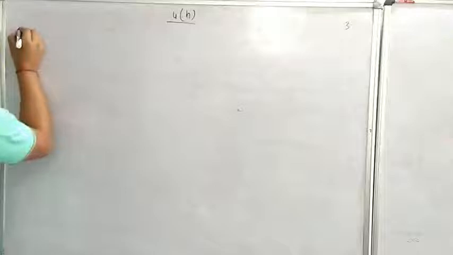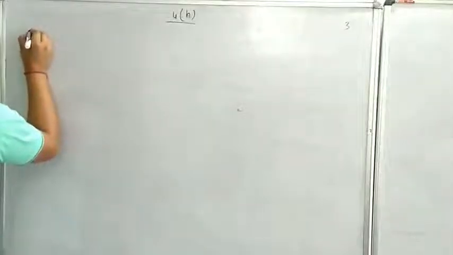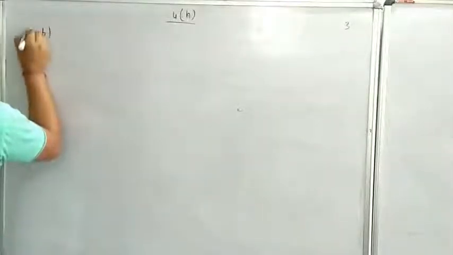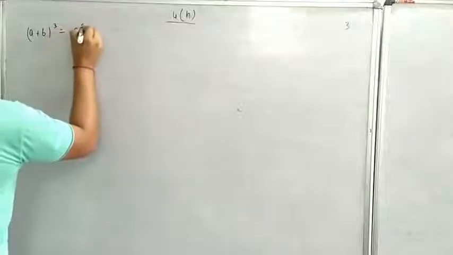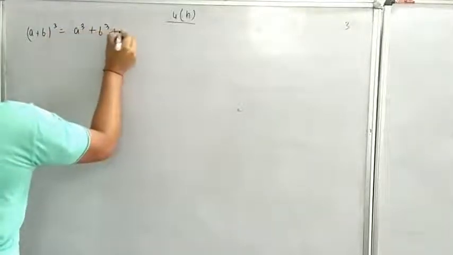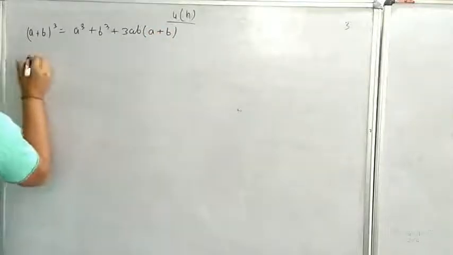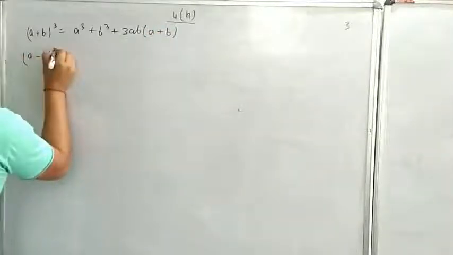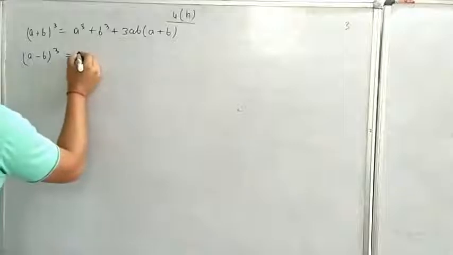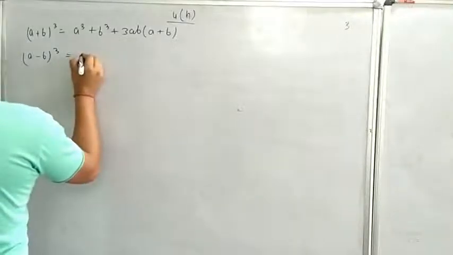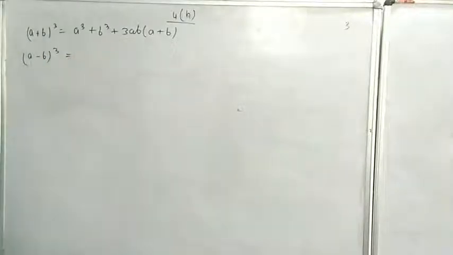You know the formula of (a plus b) whole cube. The formula of (a plus b) whole cube is equal to a cube plus b cube plus 3ab(a plus b). And the formula of (a minus b) whole cube is a minus b